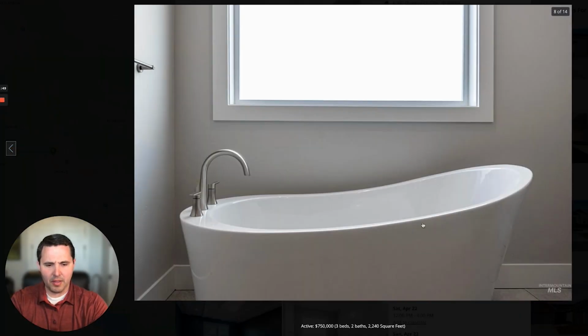I'd like to make a comment on this. Does water somehow fill up on the right side of the tub but not the left side? Just kidding. But that is generally